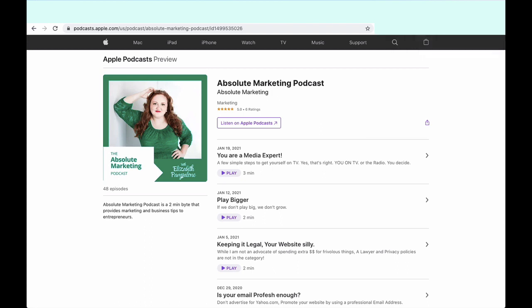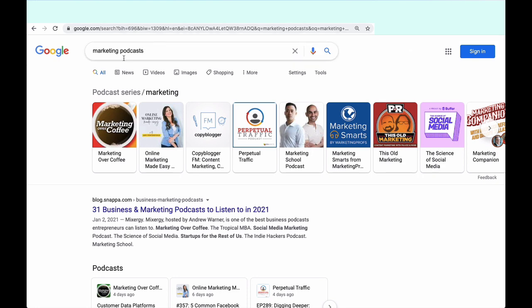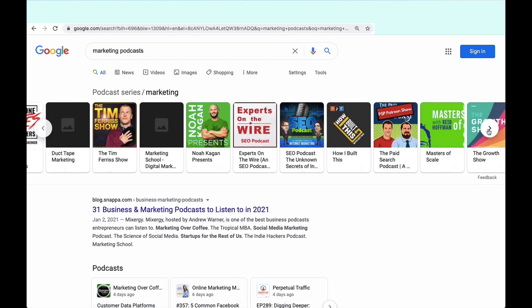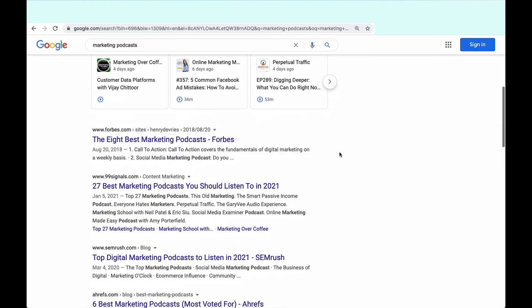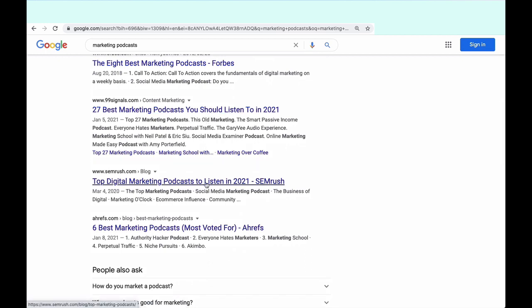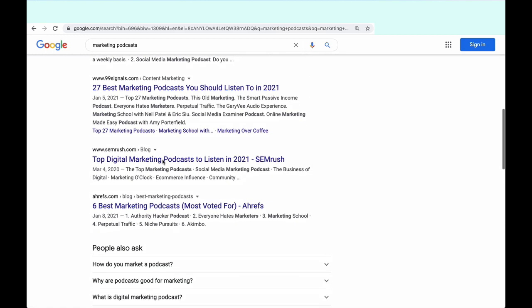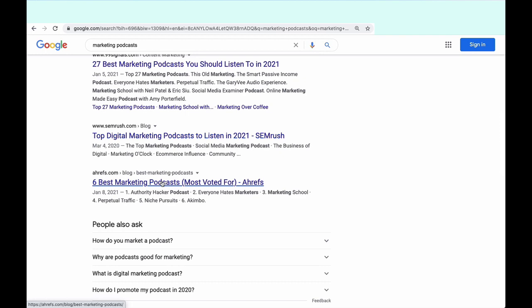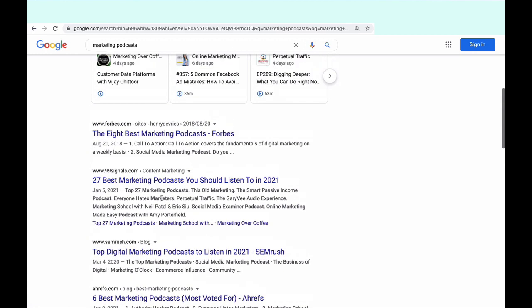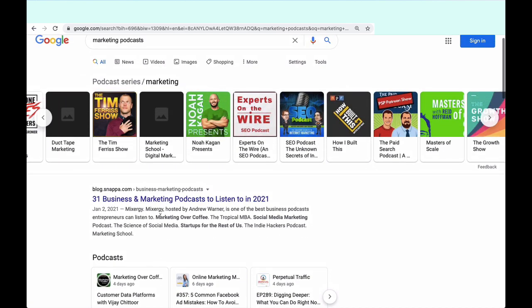And then a quick word about Google itself. You could always just Google your keyword next to the word podcast. And the way that Google's search results come up is to show you a bunch of shows. These are usually the top shows, the biggest, most popular shows, and then a bunch of articles that are also, if you want to go deeper into searching about your particular subject area, you can look at these blogs, the best list type of blogs. Remember, though, they get pretty repetitive. People tend to be mentioning the same shows over and over and over again.